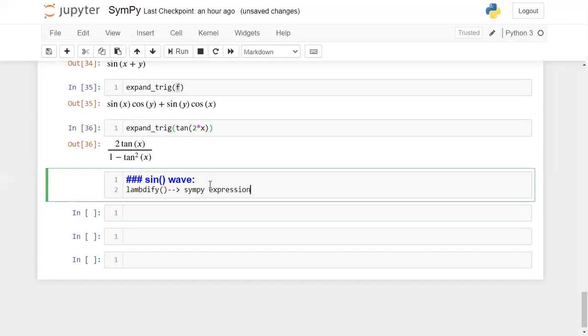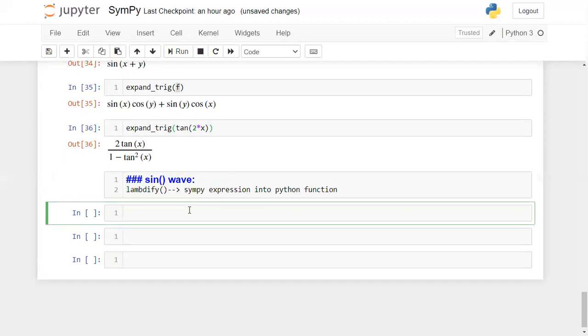If you want to convert those expressions into Python functions, you need to use lambdify. I'm going to use lambdify for converting my SymPy expression to a Python function, store that function in some variable, and then pass that function to my plotting.